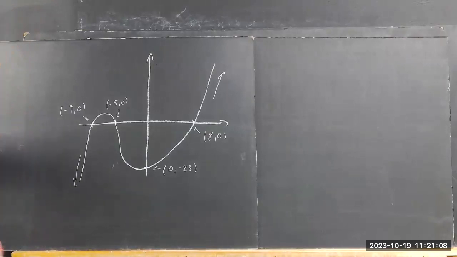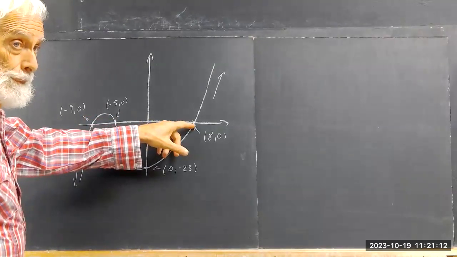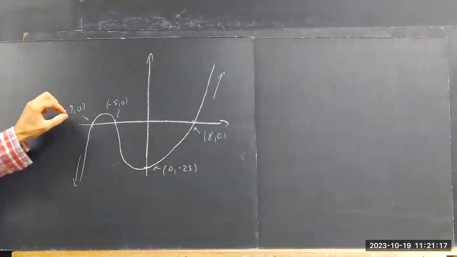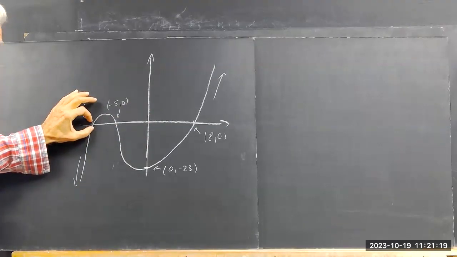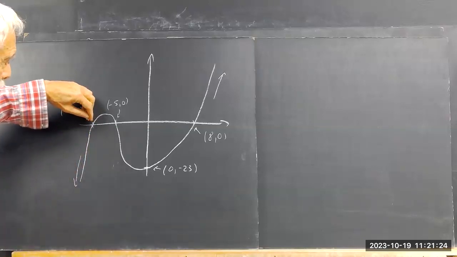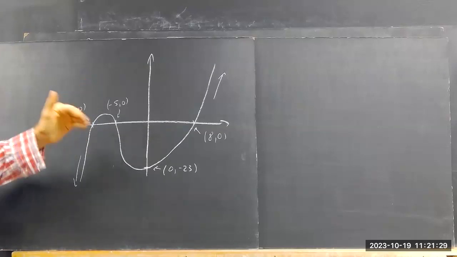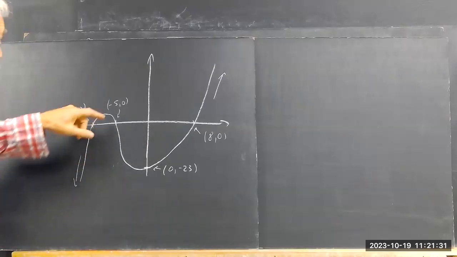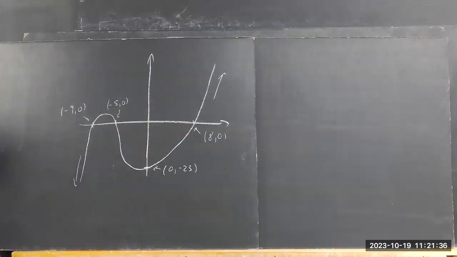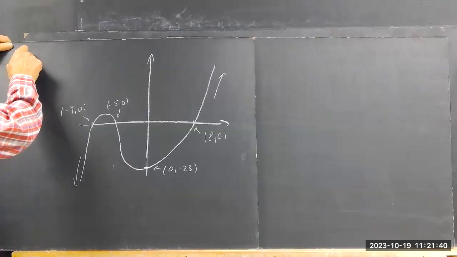Well, in this case, we have 3 zeros, and the graph goes through each 0. If you look at it microscopically near this point, this is like a straight line. If we just do a couple of millimeters around this point, it's like a straight line through the x-axis. Same here, straight line here, straight line here. From that we conclude, well, first of all,